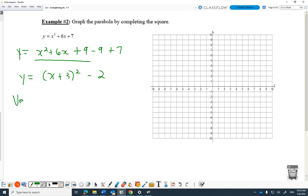Vertex and the step pattern. So here, the vertex and step pattern. I'm worried about this reversing of sign tomorrow. What do you get for the vertex? Negative 3, negative 2. And the A value is just 1 here, so the step pattern is just 1, 3,